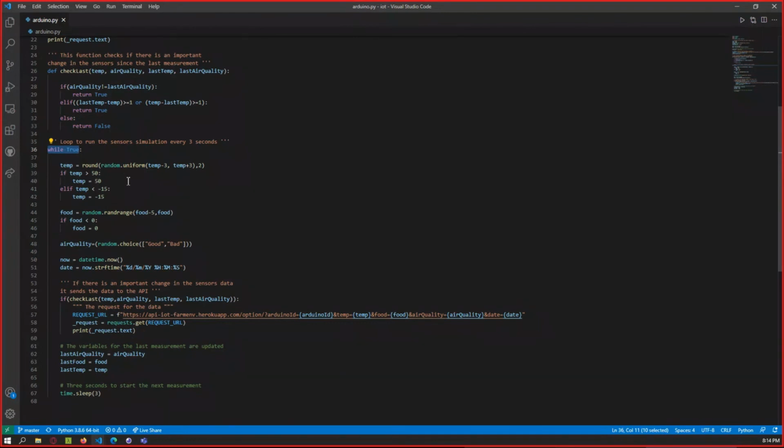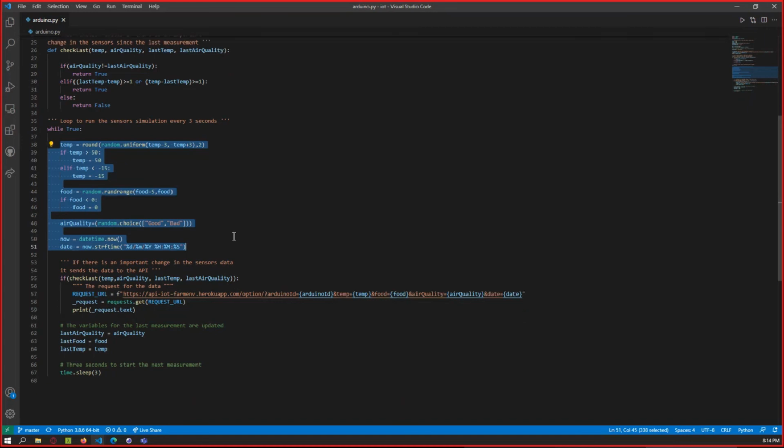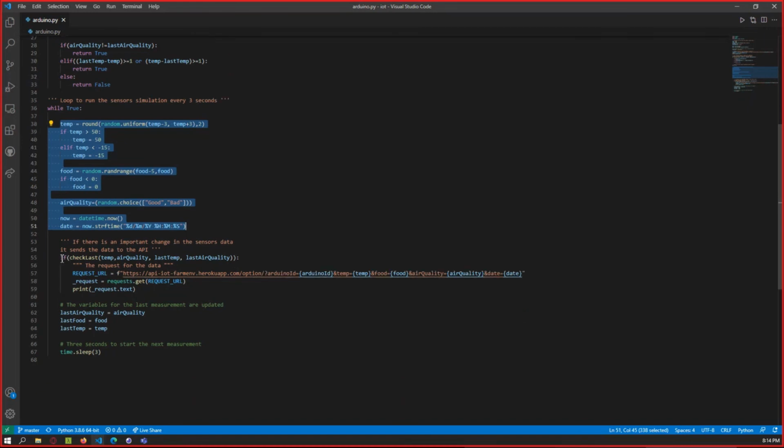When the loop is opened, we have the measurements that are sent by the Arduino, and it repeats with the data of the variables, and these are generated, and in addition we have the date and the time when it was created. Then we check if we have an important change in the pass function,